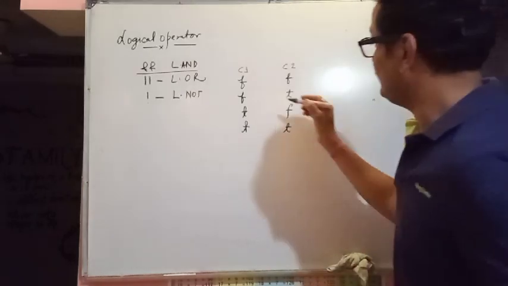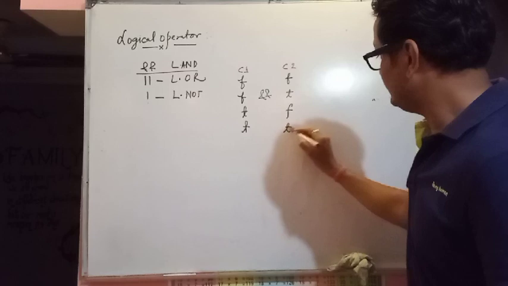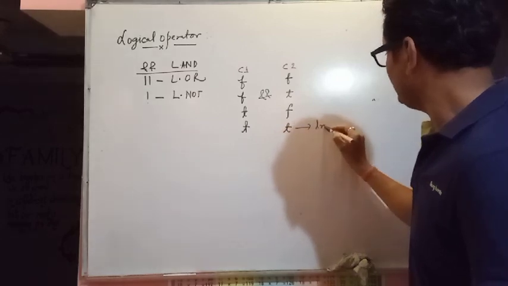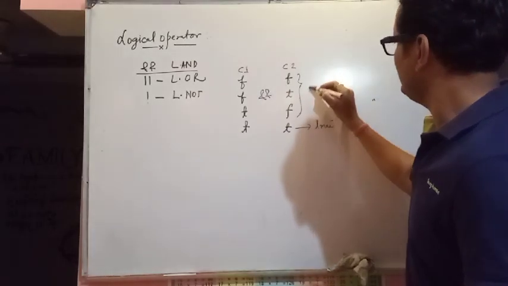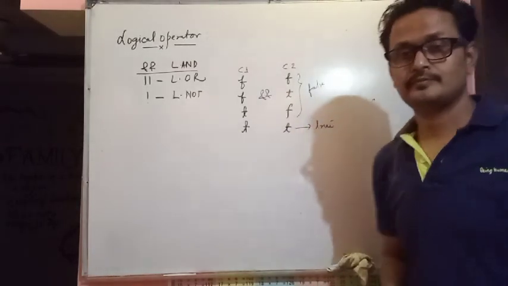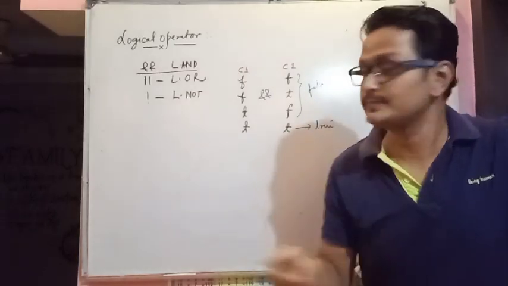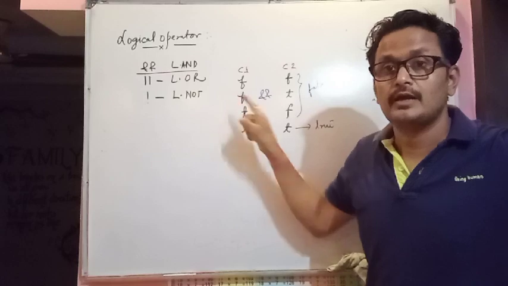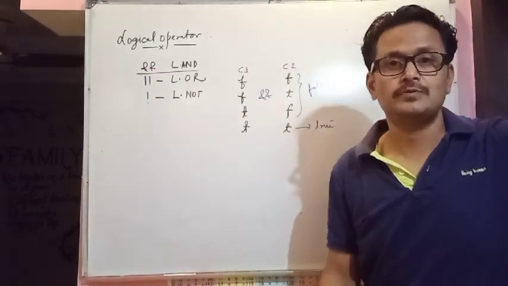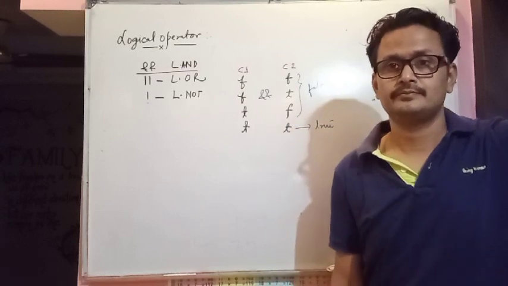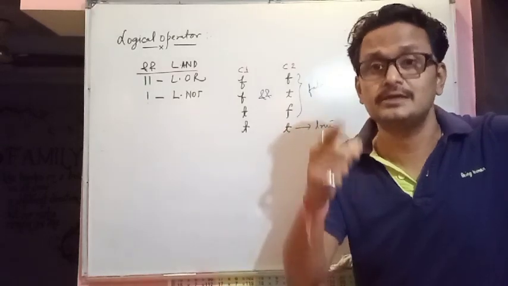Now in logical AND, what are we going to use? We will use logical AND. If both the conditions are true, then only it will print true. In the other cases, what will it print? It will print false. I mean, children, if the first condition is false, it will not check another condition. Directly what will it say? It will say false. It will not waste our time. The computer will not check another condition if the first condition is false.